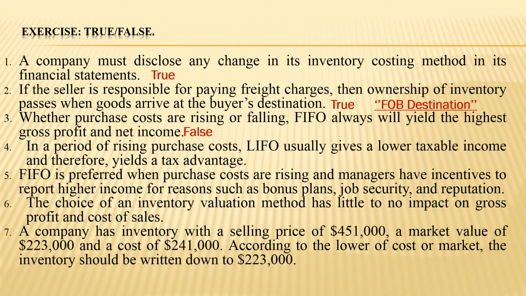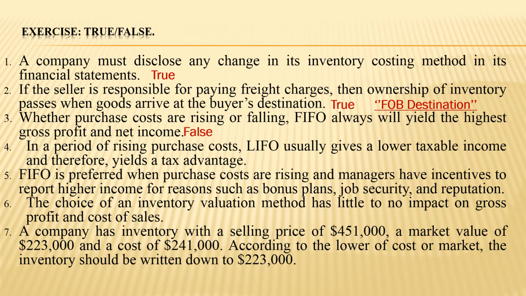Okay, number 4. In a period of rising purchase costs, LIFO usually gives a lower taxable income and therefore yields a tax advantage. If the prices are rising and I'm using LIFO, last in first out, this means that the last items I purchased will be sold first, which are with the high prices. So when calculating the cost of goods sold, I will use the highest costs, yielding the highest COGS and automatically yielding the lowest